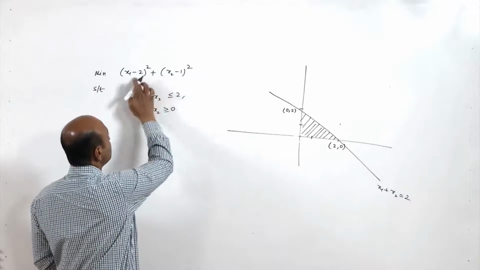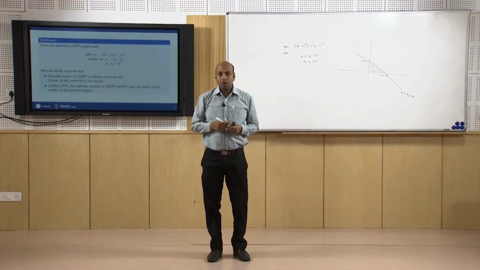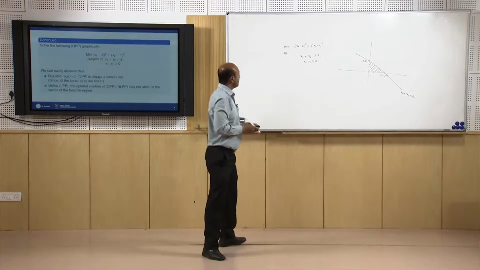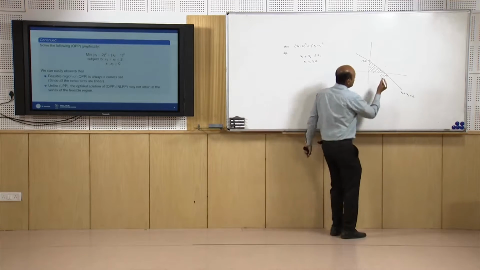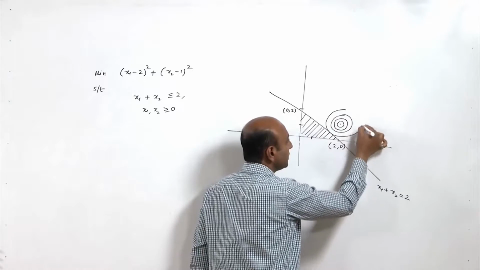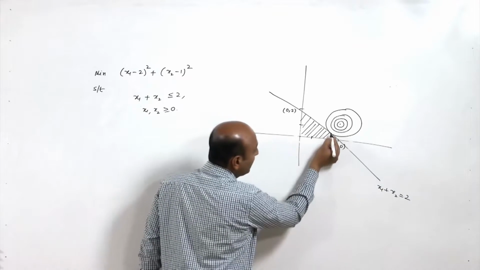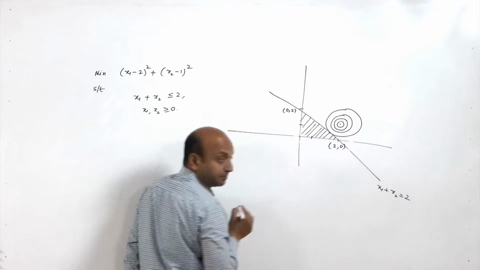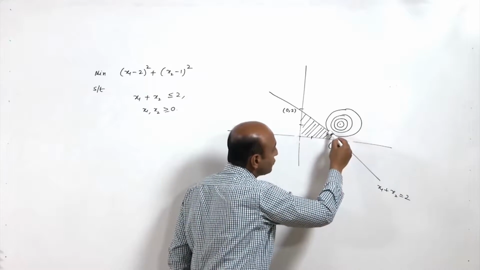Now, this is an equation of a circle with center 2 comma 1, suppose radius is r. Okay. So, what we have to basically do? We have to basically minimize the radius of the circle. Okay. Now, we have so many circles of center 2 comma 1 and different radius, and we want the one which will minimize this objective function, which will touch this straight line. You see, if we increase the radius, that radius will be naturally higher than this radius.